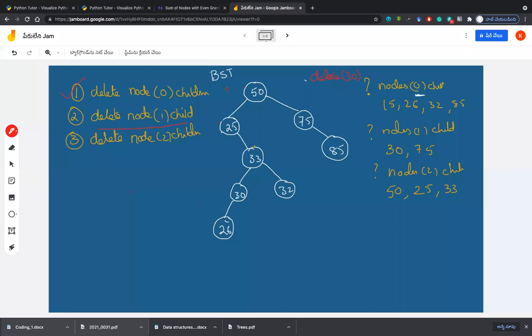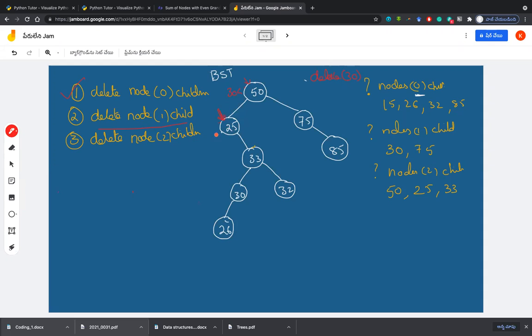30 is less than 50, and hence you have to check the left side. When you check the left side, 25 is not 30. So using recursion, you traverse to 25.